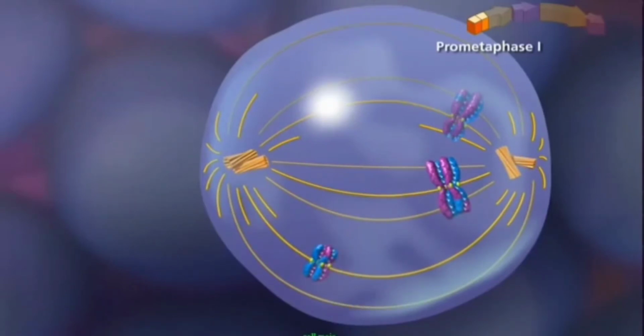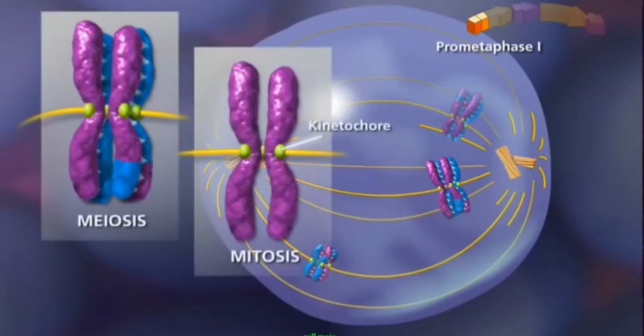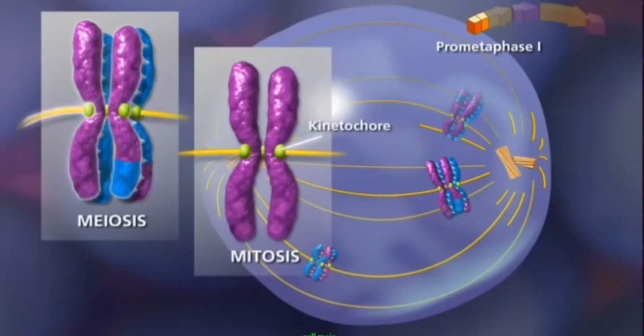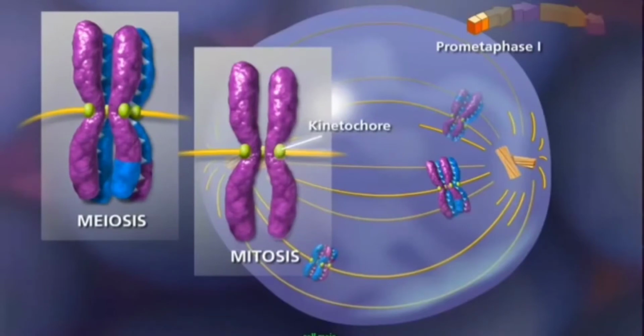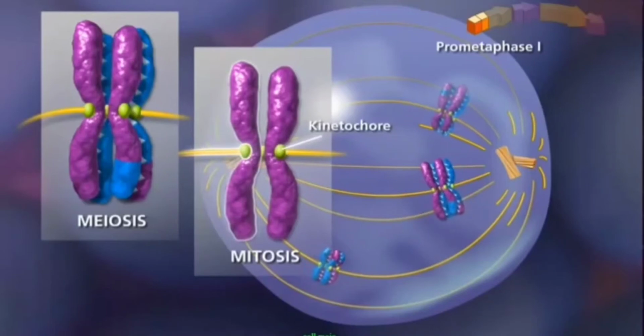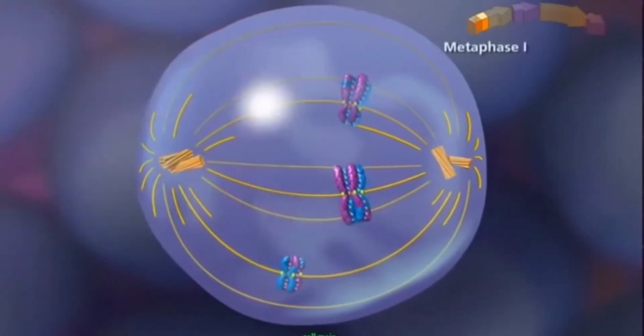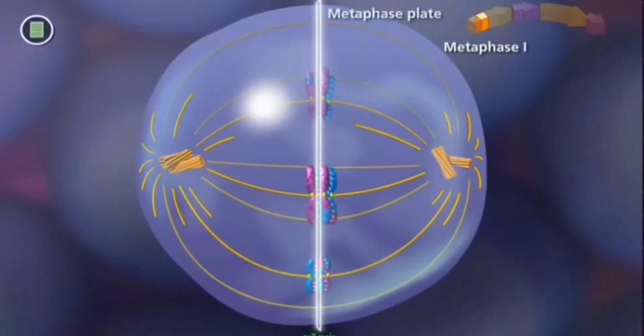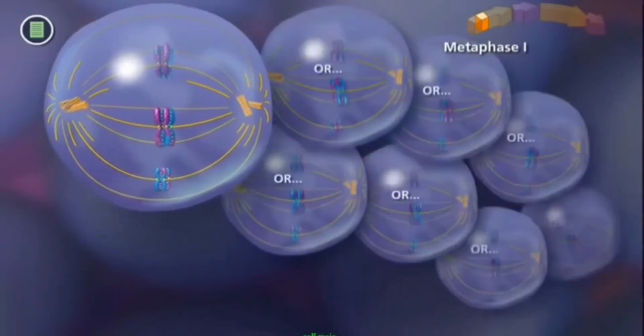Another key difference between mitosis and meiosis occurs because of synapsis and crossing over in meiosis. Homologous chromosomes remain aligned so that the pair of sister chromatids is attached to only one pole by the kinetochore microtubules. In mitosis, each sister chromatid is attached to a spindle fiber that originates from the opposite pole. During metaphase I, bivalents align along the metaphase plate due to independent assortment. This alignment is random and adds to genetic diversity.